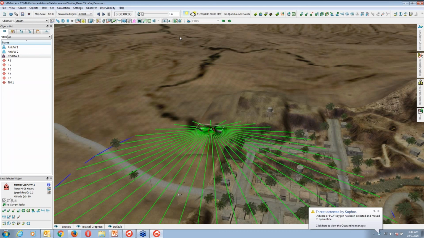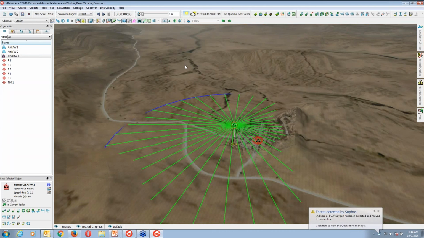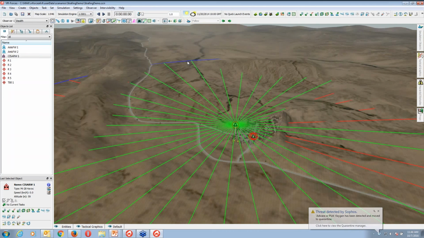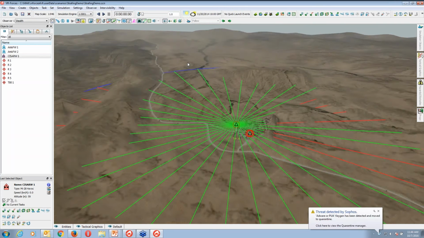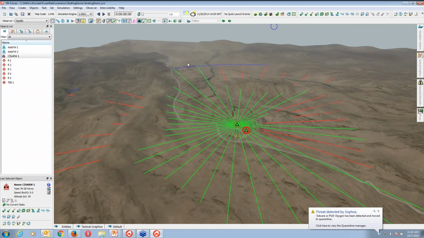As you can see, the green part means you have that part in your LOS, your line of sight range. But the red part is where you cannot see beyond this terrain part. Even if you're not seeing, you cannot interact with that particular platform. This is a very good feature. You can see our intervisibility fan.